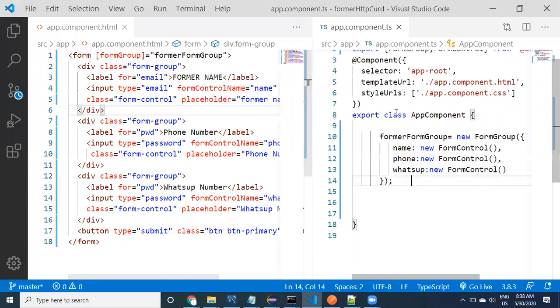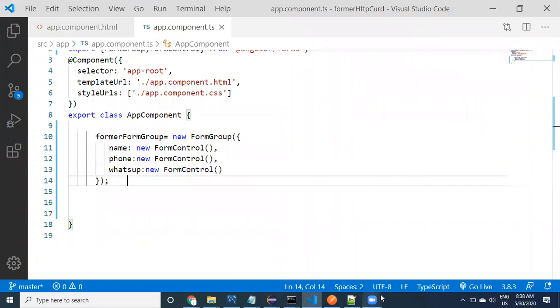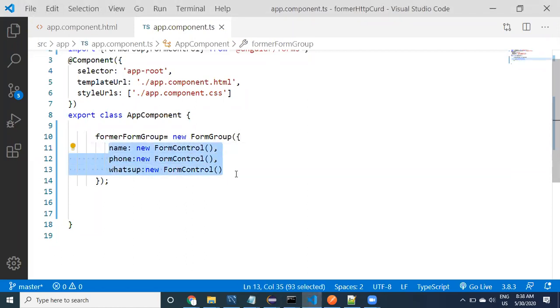Now coming back to the screen. We are not using property binding because we don't have properties. If you observe carefully, name, phone, WhatsApp, these three things are not properties. These are keys and values inside the form group. If this was a property, then we could use property binding.